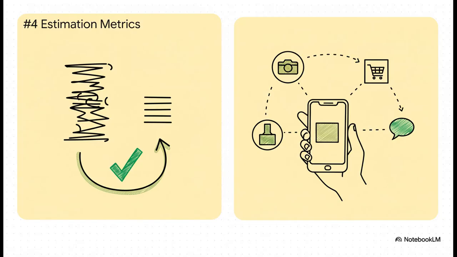To estimate the cost, you first have to estimate the size of the project. One way is to just count the lines of code, or LOC. It's simple, but it can be really misleading depending on the programming language. A much better way is to use something called function points. This measures the actual functionality the user gets, no matter how it was built. It's a much more modern and accurate way to size up a project.